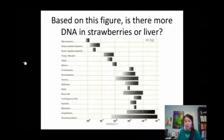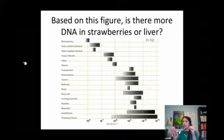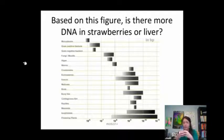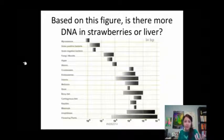So looking at the amounts of DNA in different types of organisms, you may think, oh, the smaller the organism, the less DNA it has. Since humans are really big organisms, we must have lots of DNA. That isn't actually true. A lot of bacteria, very simple, have a small amount of base pairs of